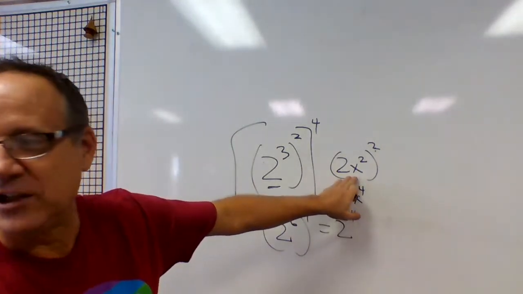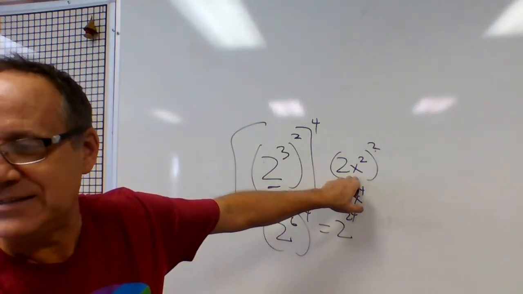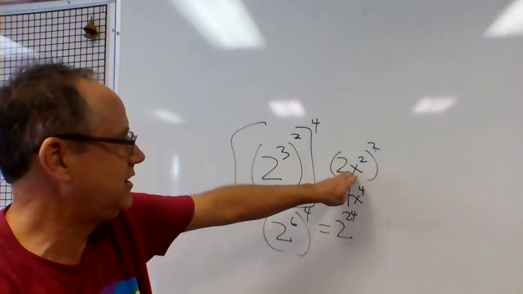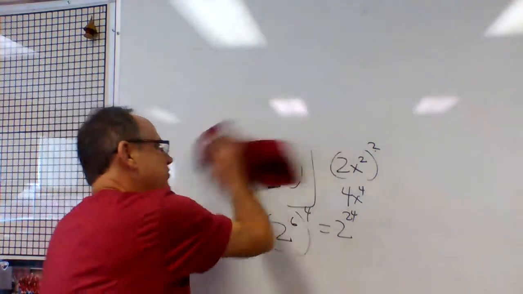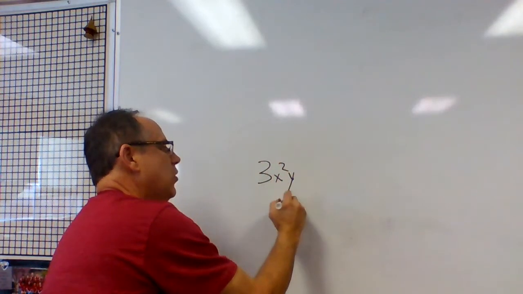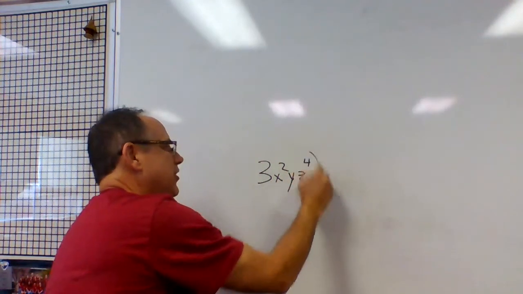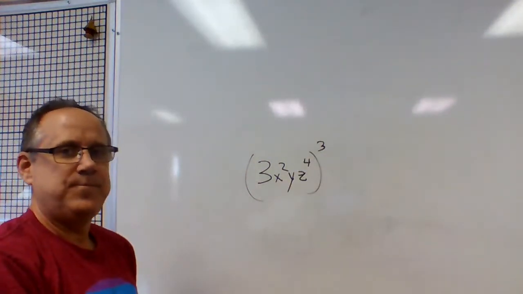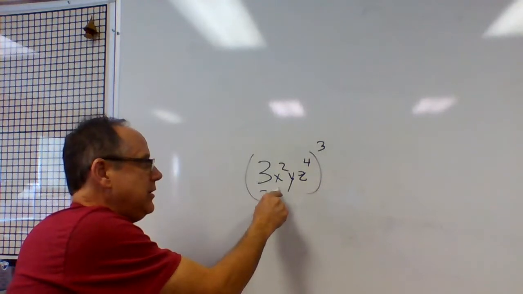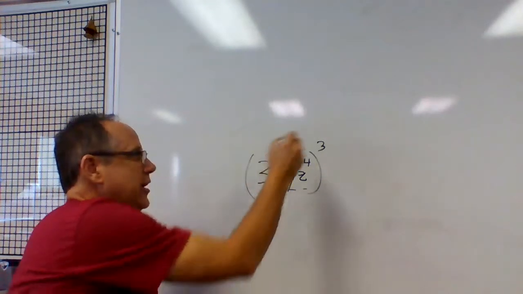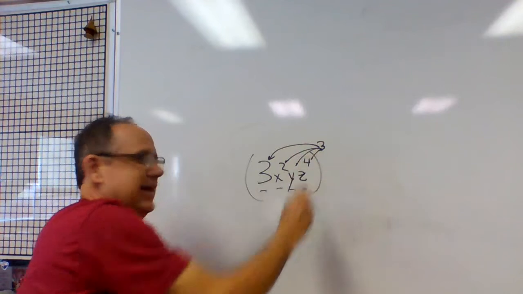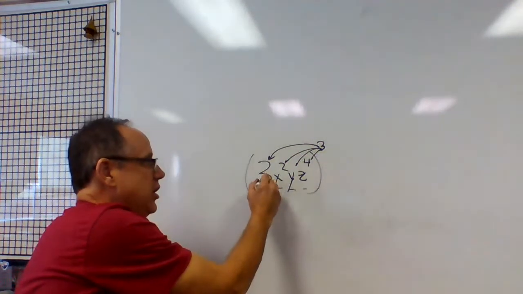Take a look at example 4. We have a power of a product, which is basically this. So everything outside, if we have 3x squared y z to the 4th, cubed, we basically have 4 different bases here: my number, x, y, and z. So we apply my exponent to everything inside the parentheses. So basically we have 3 cubed,